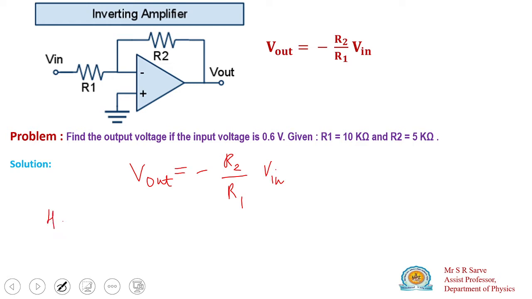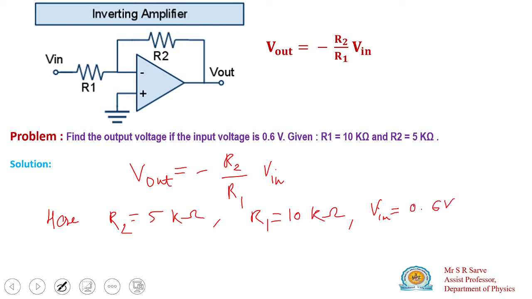So here what are the given quantities? R2 is equal to 5 kilo ohm. Okay, and what is the value of R1? R1 is the input resistance. Input resistance is equal to 10 kilo ohm. Okay, and what is the value of the input voltage? The value of input voltage is 0.6 volt. Okay, so if you substitute all these quantities, we will get output is equal to minus